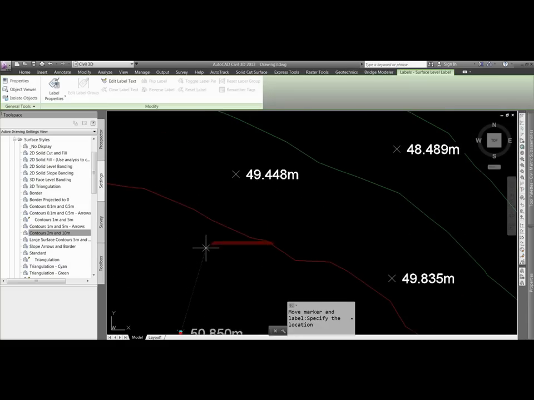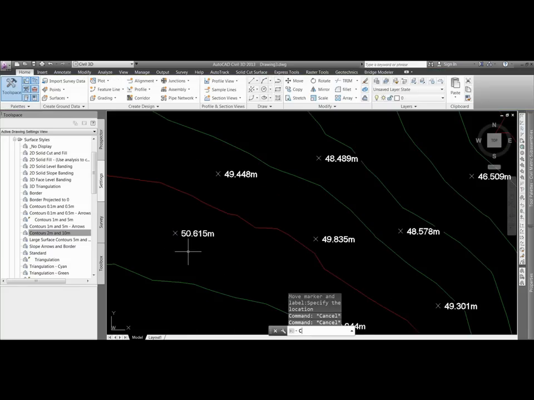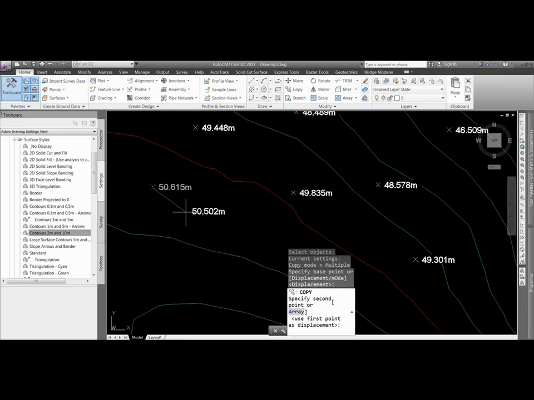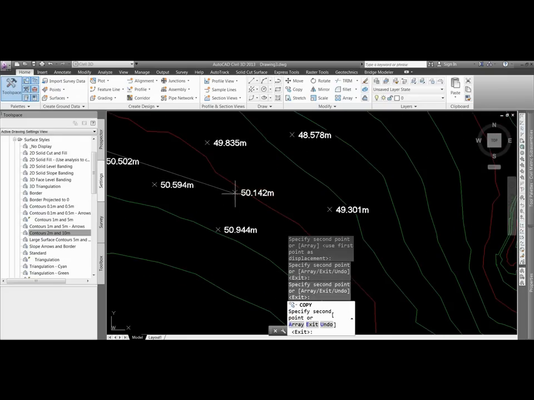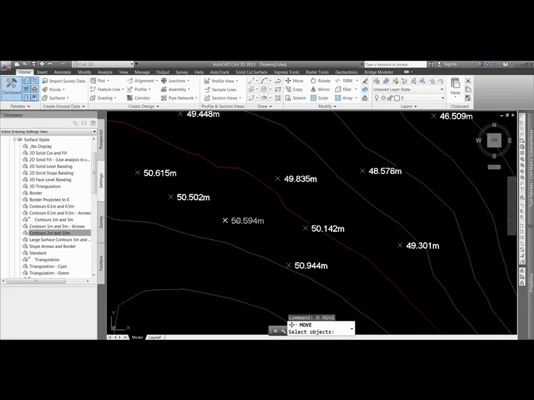Okay, to correlate with the actual level of the surface underneath it. I can also use AutoCAD commands like copy to create more labels. Again, every time you put them down, it's going to read the surface level. I can also use a move command